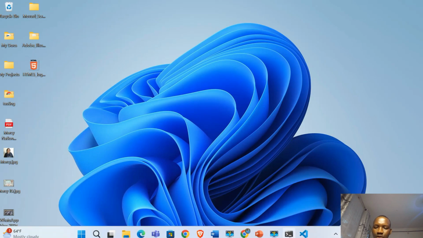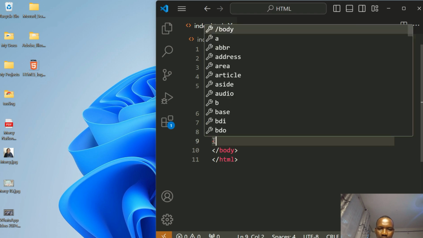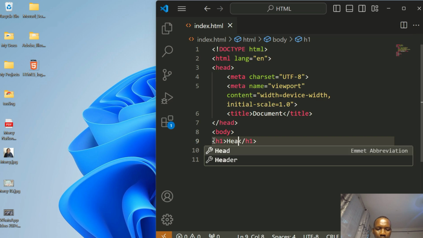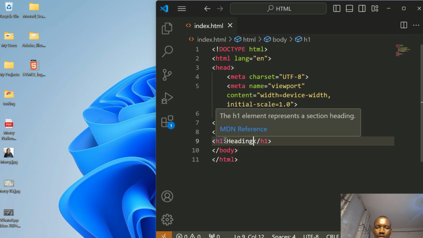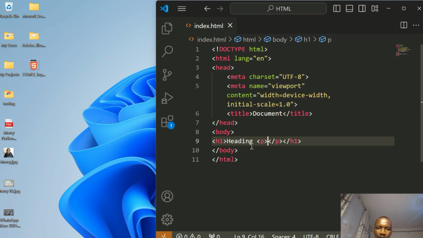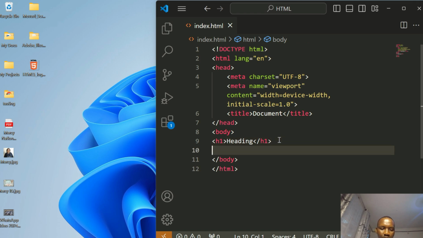Let's say for instance, we'll be learning about the div classes. Let's say for instance you have a heading, heading 1, and then inside heading 1 you still write something like a paragraph inside that heading 1. That one does not make sense at all. So it's good to have something like a heading, and then after the heading you have something like the